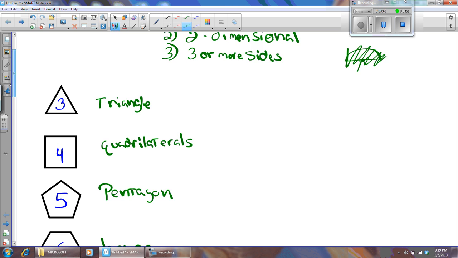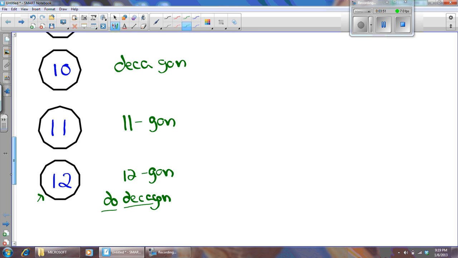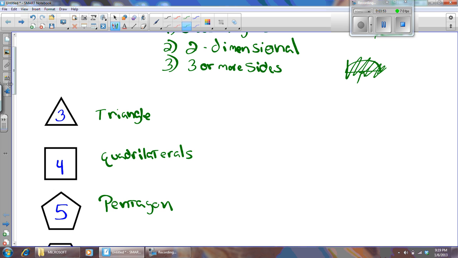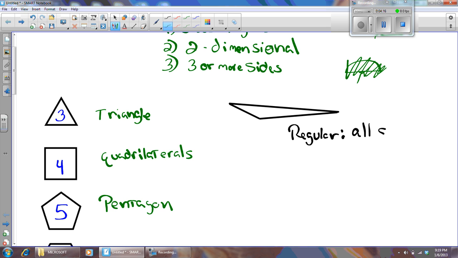Okay, now, those are all regular polygons there on the left-hand side. They don't have to be regular. For example, let me draw it like this. This triangle here is still a polygon, but that's certainly not regular. What does regular mean? Well, let's define it here for you. Regular means that all sides are congruent, all angles are congruent. Okay, you must have both to be